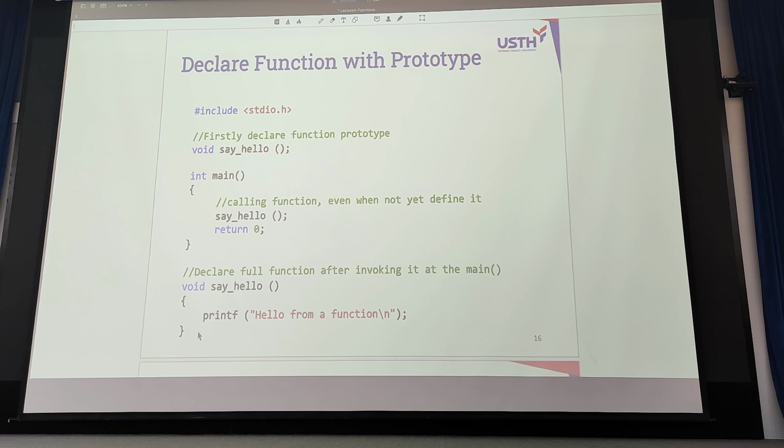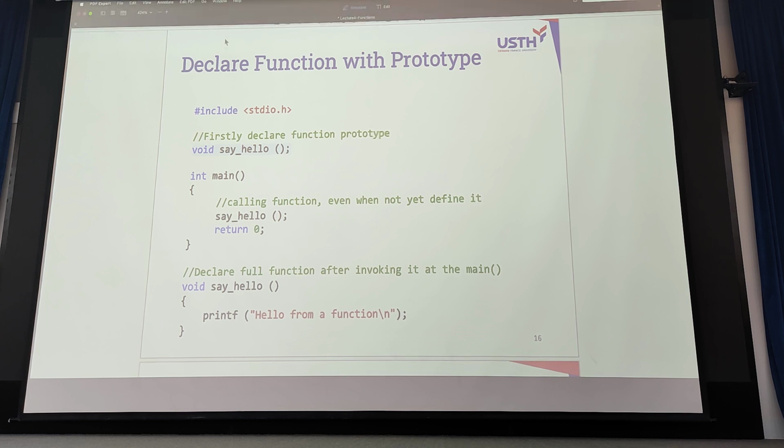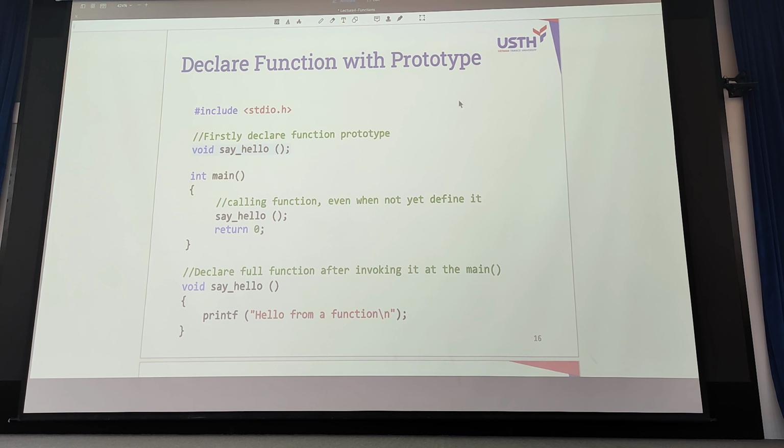If you define it later, this program still runs because you already declared a function prototype for a function named say hello. When the main function calls it, it will look everywhere it can for the definition of the function. You don't need to specify it before calling the function.